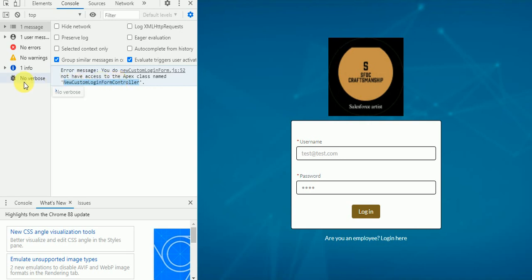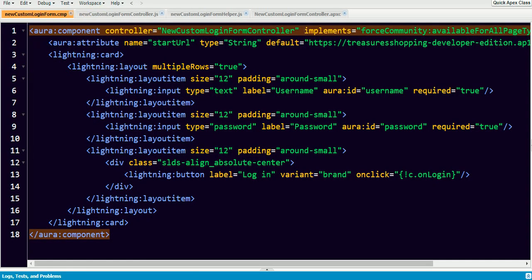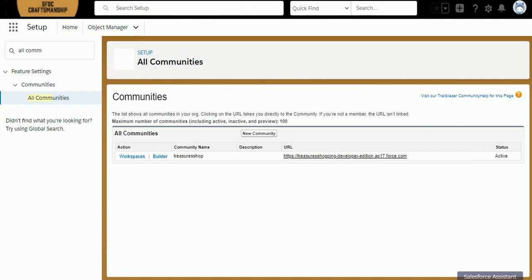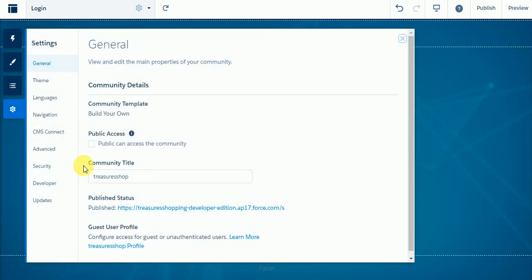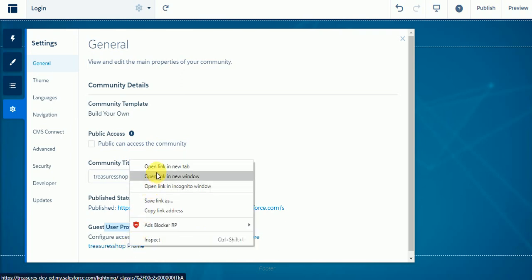To give this, just go back to your Salesforce instance. If you go to builder here, this is the community builder, and you can see an option called settings. Under settings you can see guest user profile. Here we have to configure access for guest or unauthenticated users. Just open this profile.